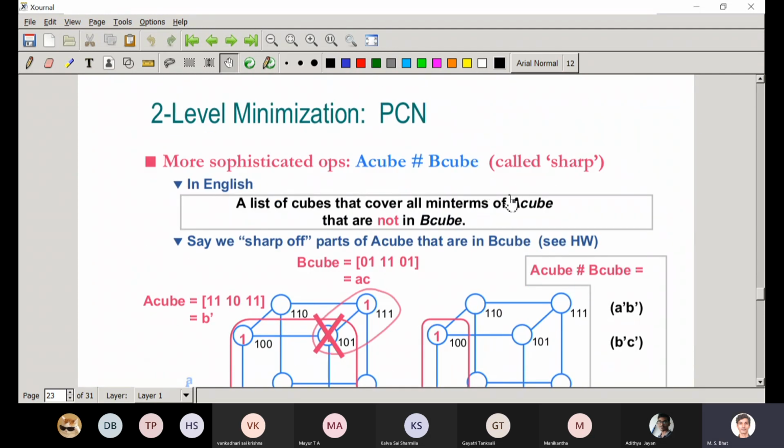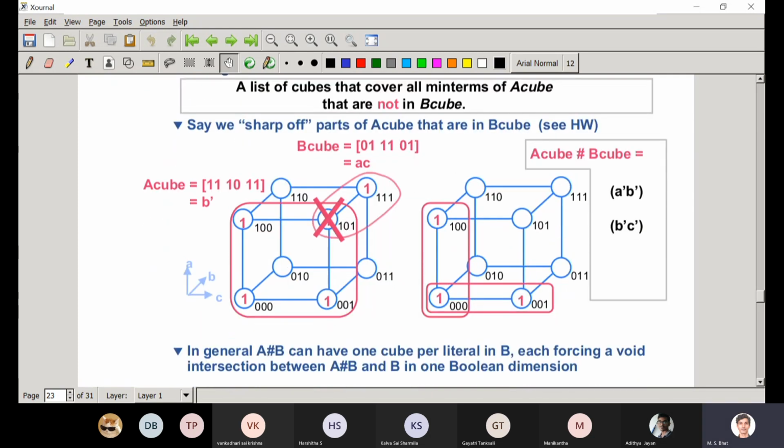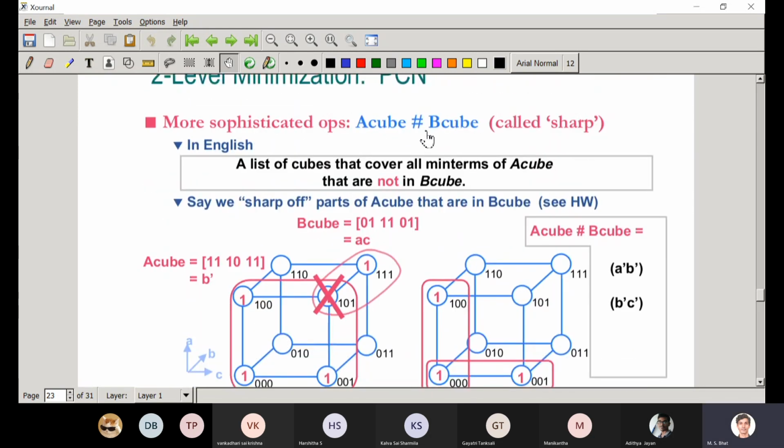Now there is another operation known as the sharp operation, A cube sharp B cube. What this operation does between these two cubes is, after doing A cube sharp B cube, you get a list of cubes that cover all minterms of A cube that are not in B cube.